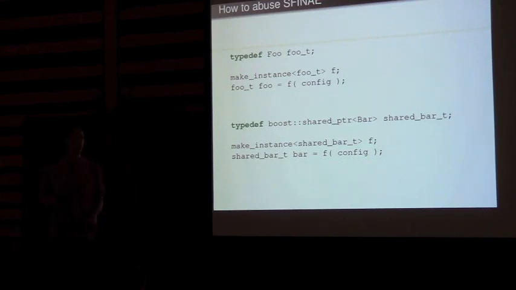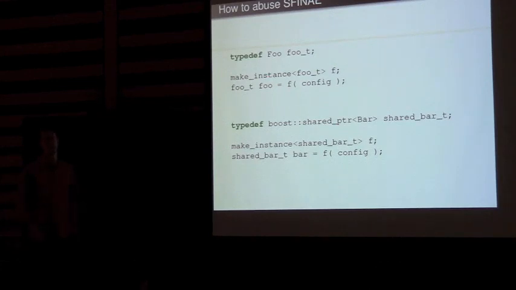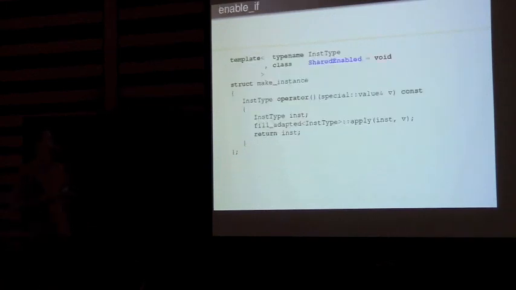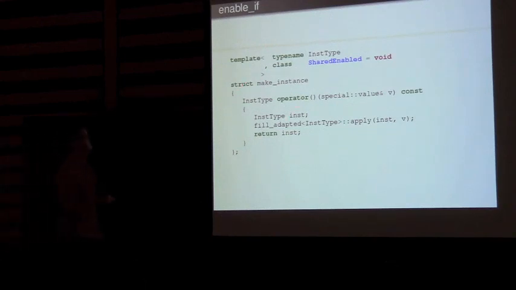Because it was doing stuff to pointers that it shouldn't be doing. So I needed to figure out, do I have something that's actually a shared pointer? Because I'm going to have to act differently if I have a bar that's wrapped in a shared pointer versus just a bar. Those aren't the same things. I'm going to have to do something else. So, this is what I did. I said, okay, I have my functor, this make instance thing,